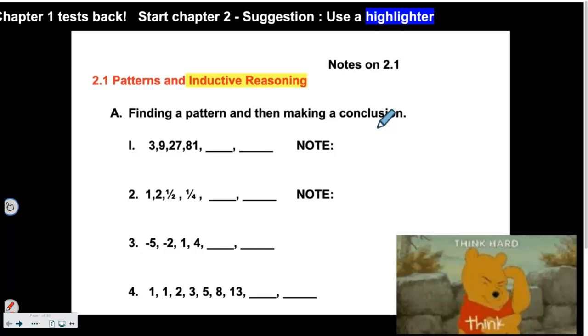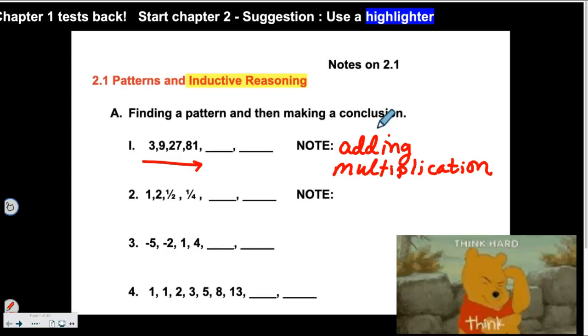So I'm going to do this note over here first. When we have a sequence of numbers that are following a pattern, and those numbers are increasing from left to right, oftentimes but not always, the pattern that's consistent is the same number is being added to consecutive terms to get the next one, or look for multiplication. When you get to higher levels of math, you might be looking for other things, like powers. But in this introduction to patterns and reasoning, generally, if the numbers are increasing, there's going to either be some adding in the pattern or multiplication.